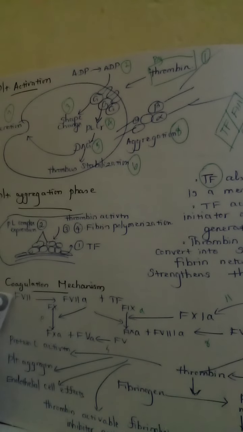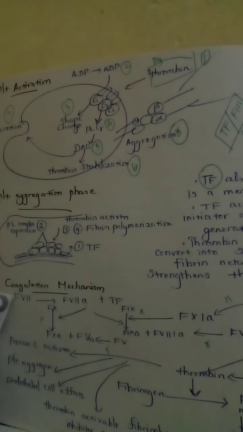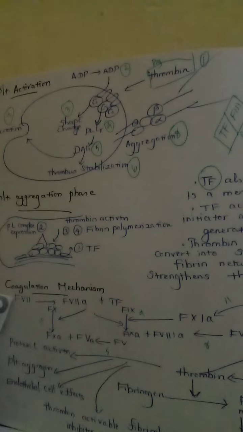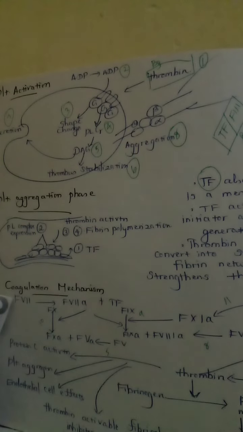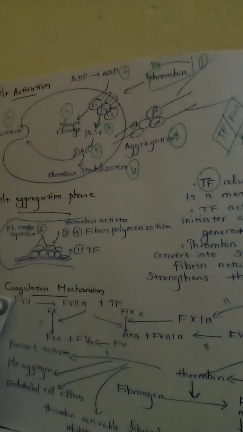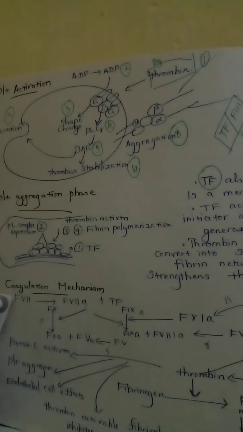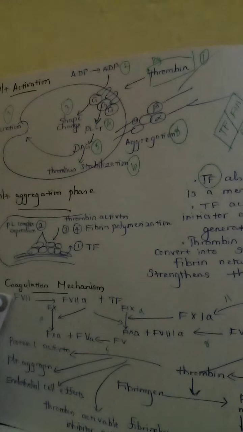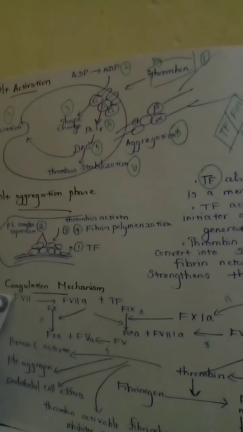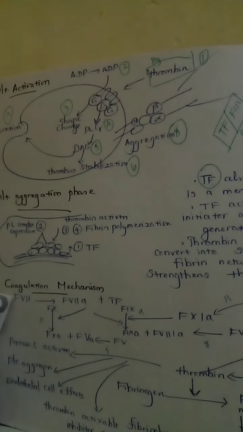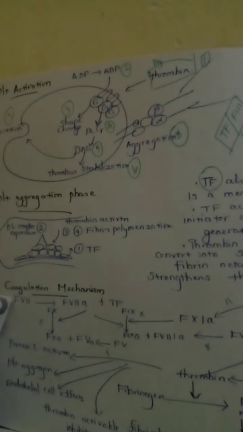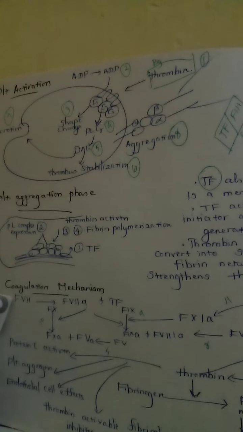That is what is shown in the second diagram. The platelets get activated and aggregated, and this is all aided by the phospholipase complex as well as fibrin. That is, fibrinogen becomes fibrin. The fibrin gets polymerized in this particular area, and that is how the fibrin network strengthens the platelet plug that is formed by this stage. So this is what the research article that we'll be focusing on today concentrates on: platelet activation and